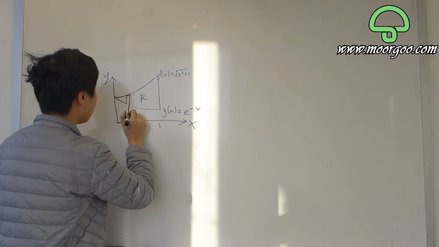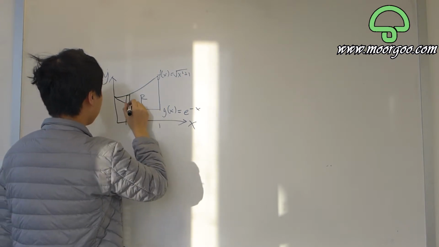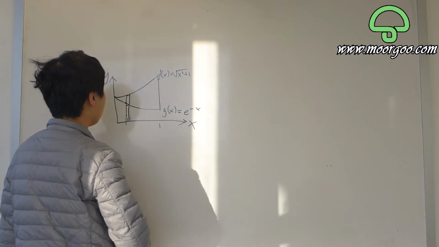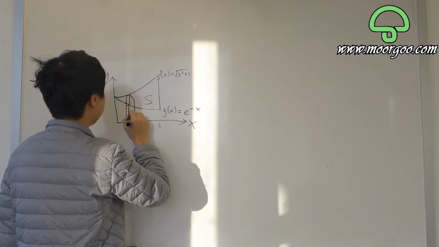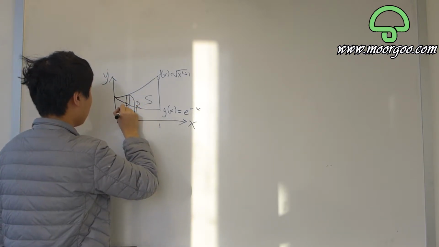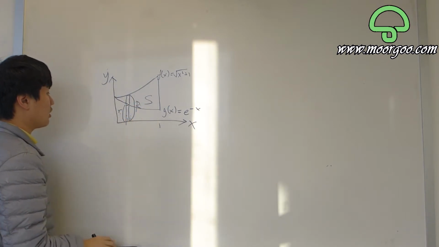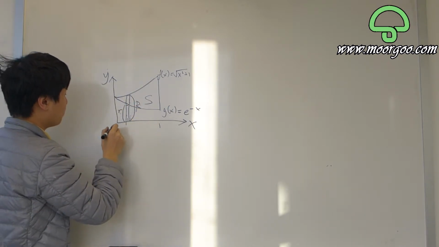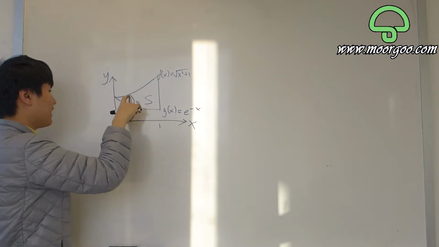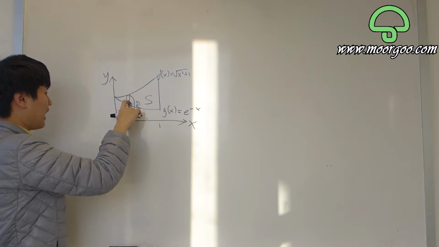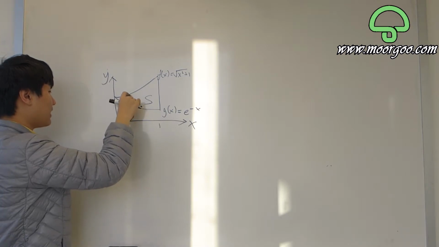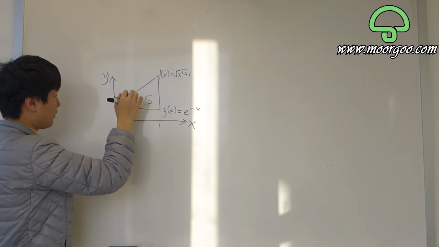Imagine a larger disk generated from this rectangle, and a smaller disk, let's use S, generated from this. Capital R and lowercase r. If you subtract the volume of the disk generated from this and the disk generated from this, you will get the volume of the ring generated from this,